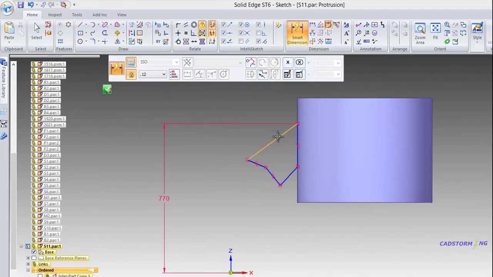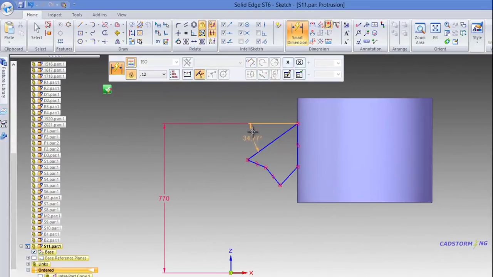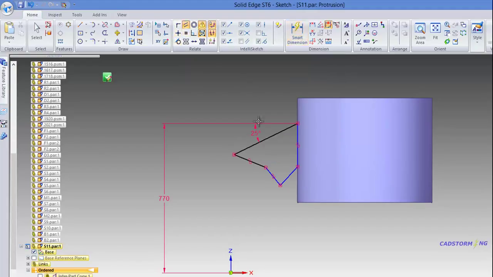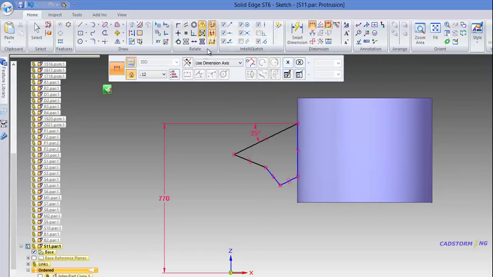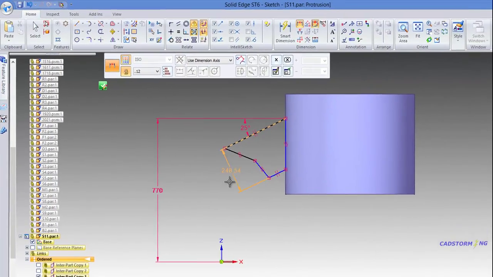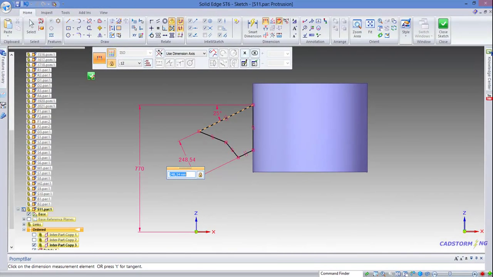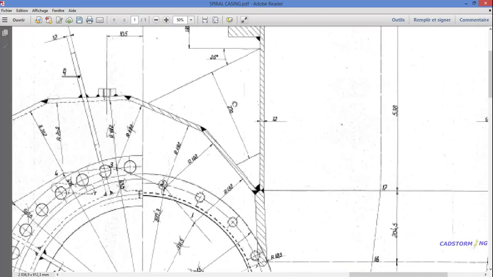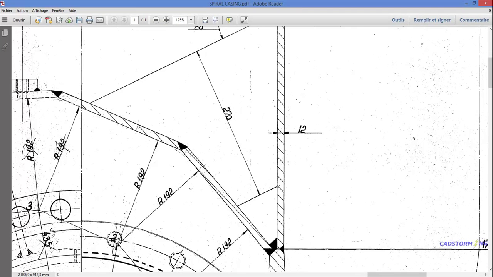Okay, so we can start with this one, and this should be 25. Now we'll make the 2 lines parallel and distance between as we did previously, and we will define the dimension orientation using this option, and we select this one and this line, and the distance should be 270,